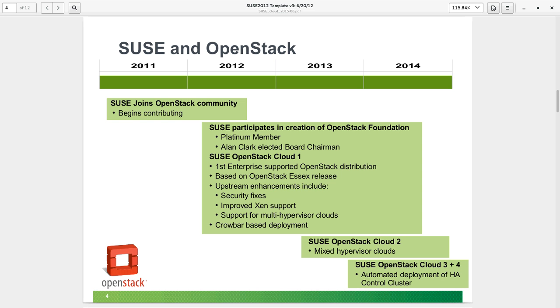So we really started picking up activity in 2012 when we launched our first release of SUSE OpenStack Cloud. And similar to our Linux heritage, we were the first to deliver a fully enterprise-supported Linux distribution. We were the first out to market with an OpenStack distribution targeted at the enterprise. Some of the things we've worked on: security enhancements, the ability to support multiple hypervisors in a single cloud, and, as Cameron started to show in his demo, an installation framework that was built upon another open source project called Crowbar.